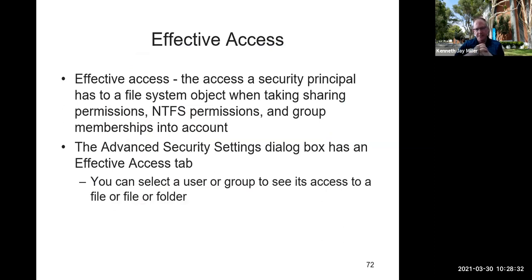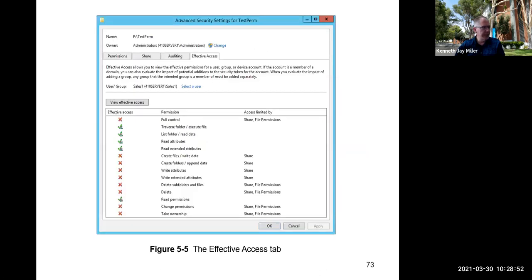Now, the effective access. Effective access is the access a security principal has to a file system object when taking sharing permissions, NTFS permissions, and group membership into account. So the advanced security setting dialog box has an effective access tab. So if you're not sure how the user is set up, go into this advanced security setting. This is a folder called test perm that's shared, and click on the effective access, and it will tell you which user or group. So this is the sales one user on the 410 server,